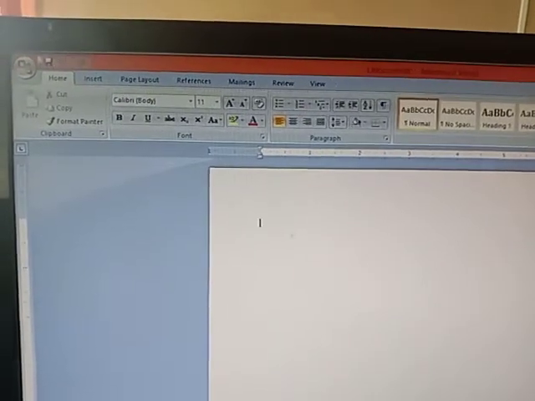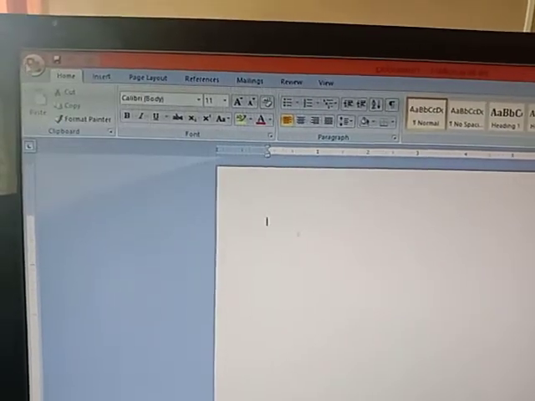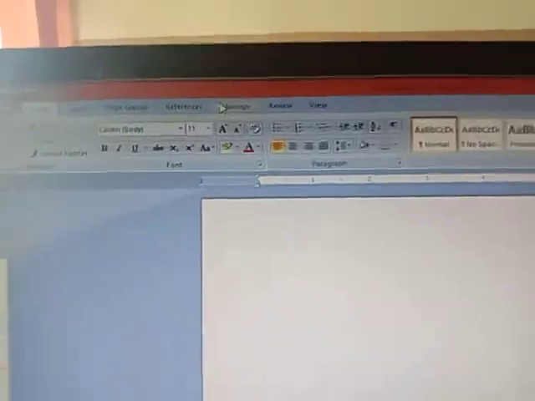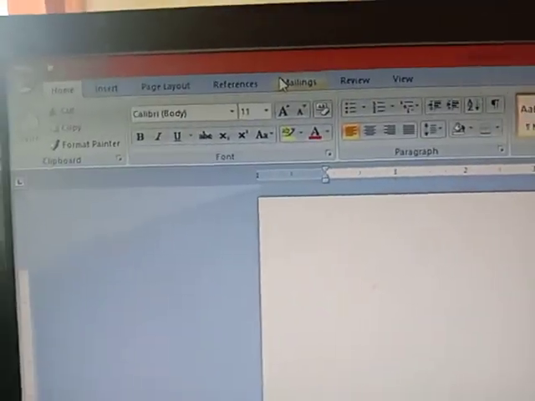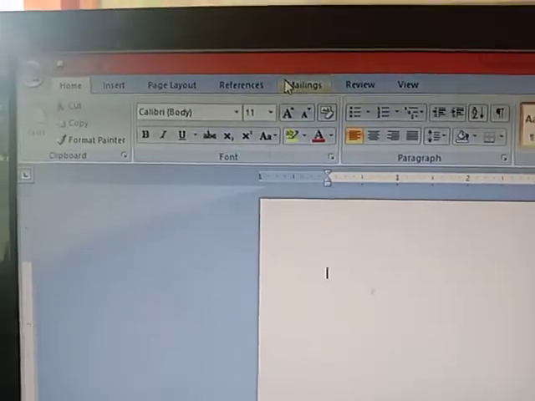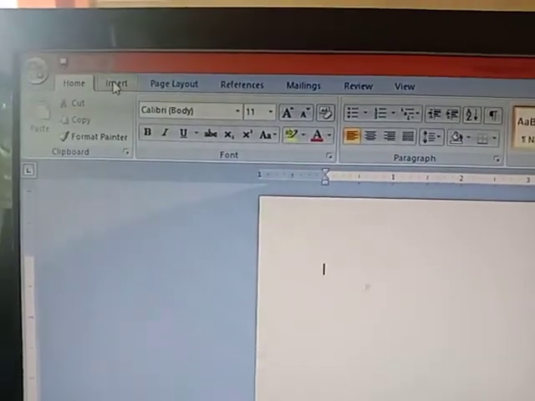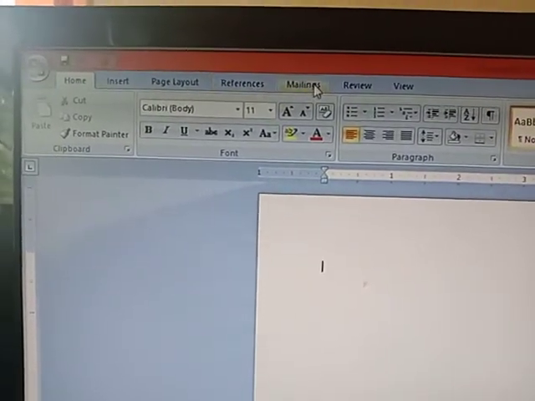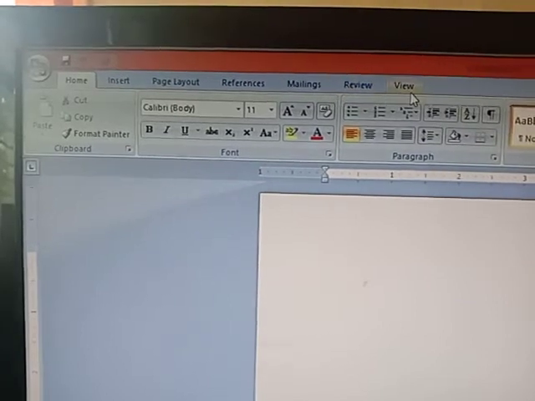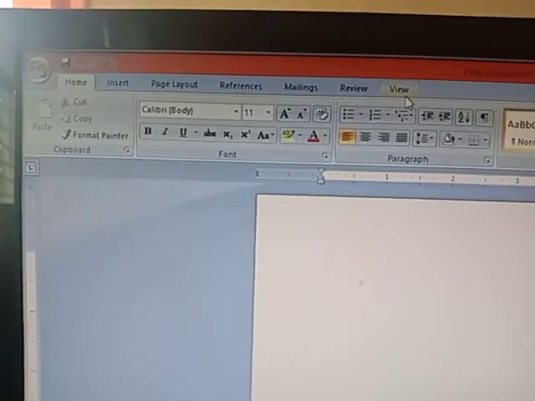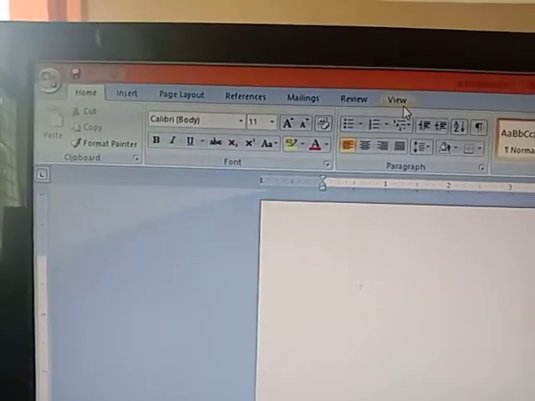This is the quick access toolbar, ribbon, and this is called a menu bar. You all can see this is a menu bar. Can anyone count and tell how many menus are there? Yes, children. There is home, insert, page layout, references, mailings, review and view. So there are totally 7 menus.